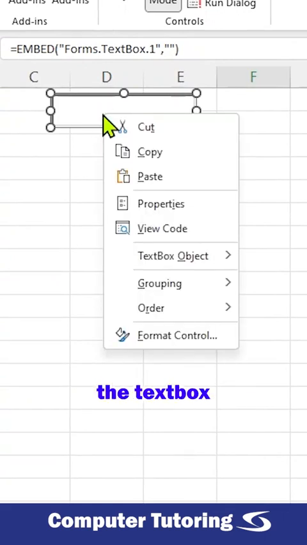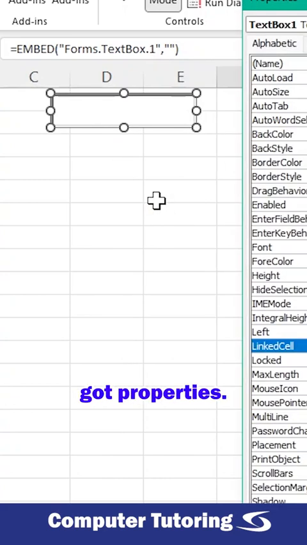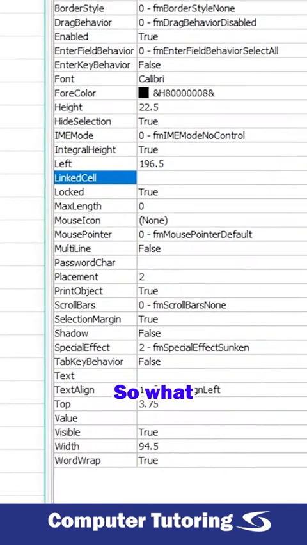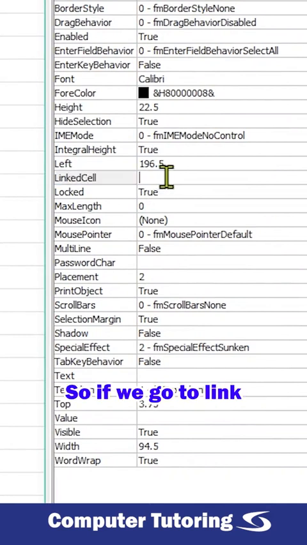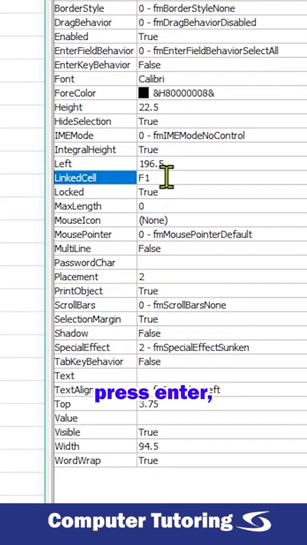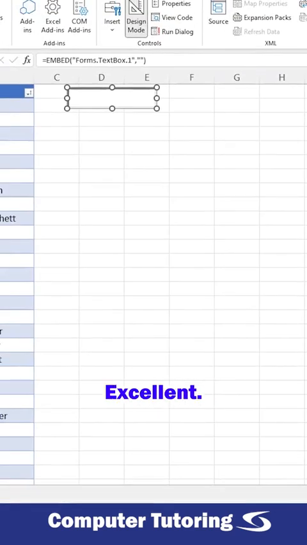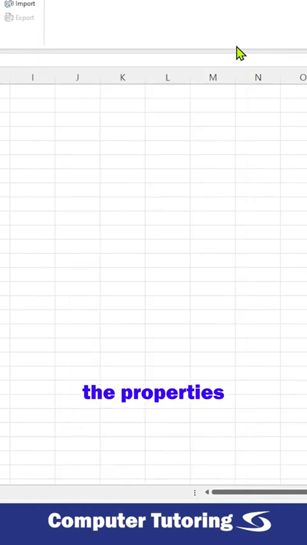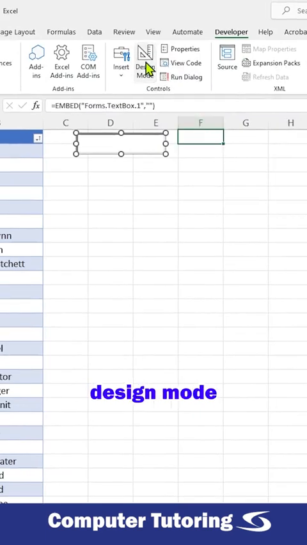Right-click on the text box, and we're going to go down to and choose Properties. So what we're going to do next is use a linked cell. With its properties, we have to type it in. So if we go to LinkedCell, F1, and press enter, that's good. Excellent. So now if I close down the properties box here, and then turn off design mode,